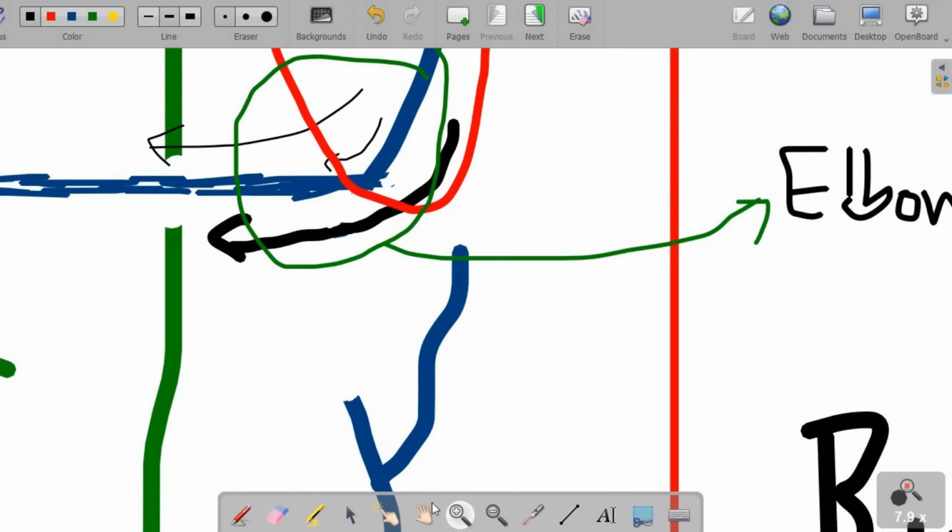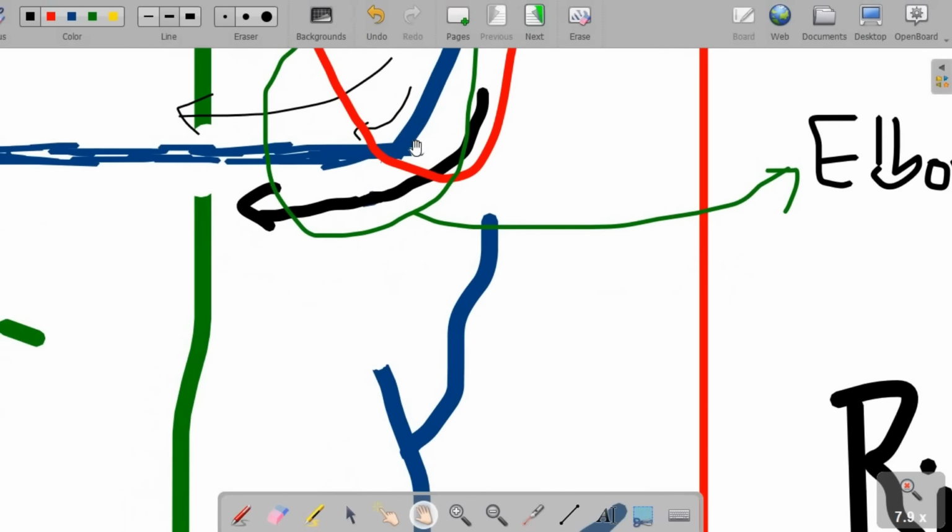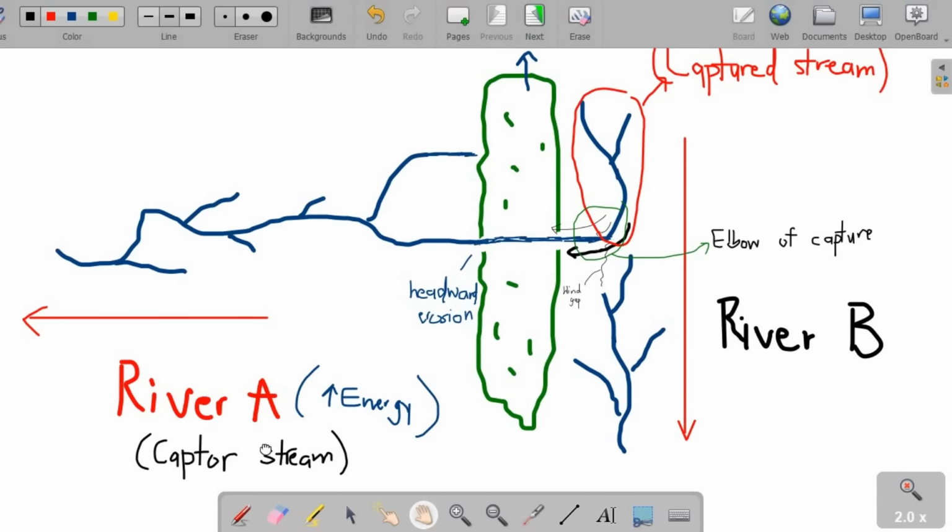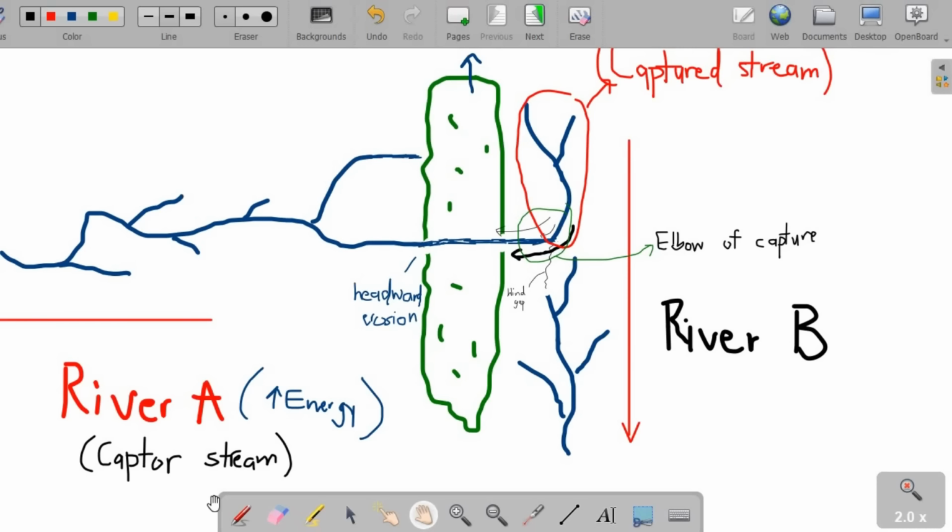Now this part that is dry, remember we said these rivers were connected like that, but we no longer see that. A dry area developed in between them. So this dry area over here, we call that the wind gap. Wind gap, because there's wind erosion that occurs here. Now there's no more water, we see wind erosion. Be able to identify the capture stream, the wind gap, the elbow of capture,